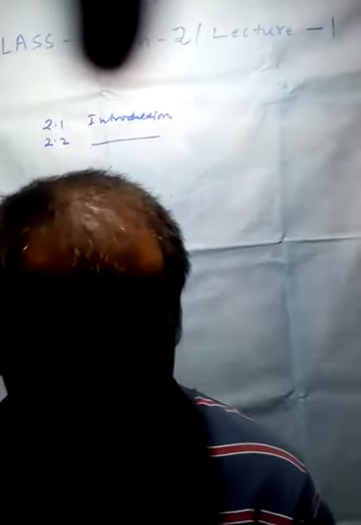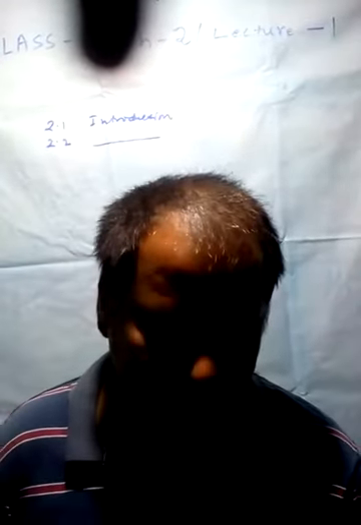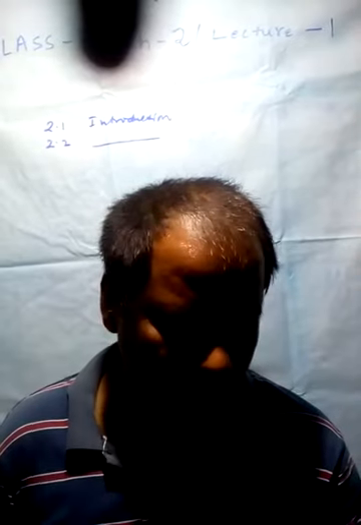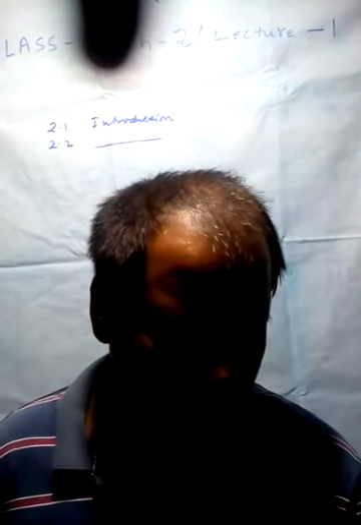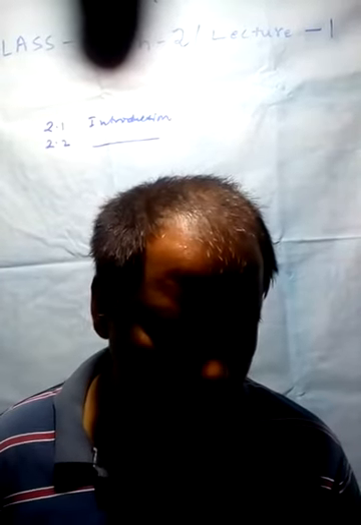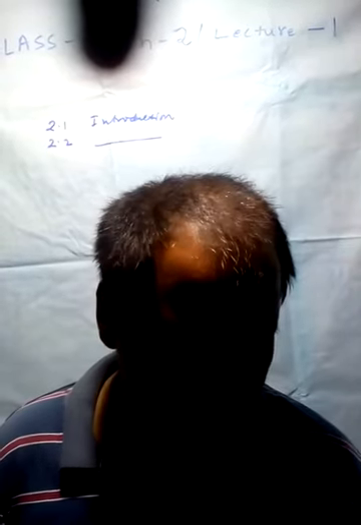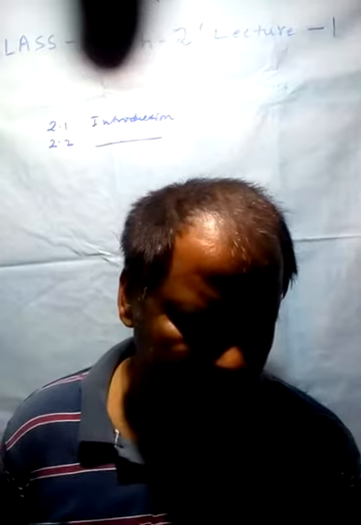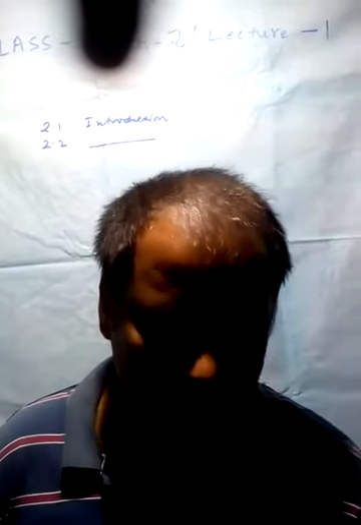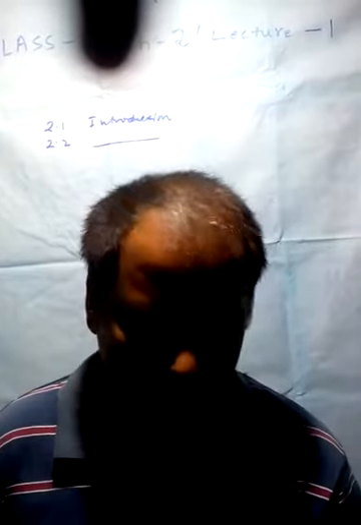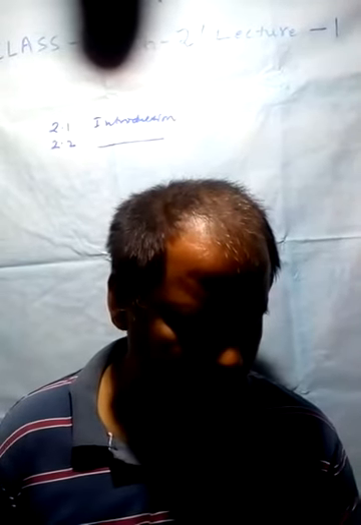2.3 it is. You know how to find the area of a rectangle. It is equal to length into breadth. If the length and the breadth of a rectangle are 7 centimeter and 4 centimeter respectively, then what will be its area? Its area would be 7 into 4 is equal to 28 centimeter square.